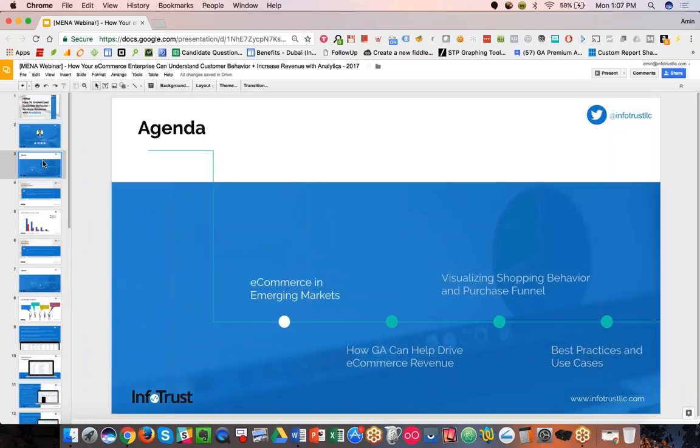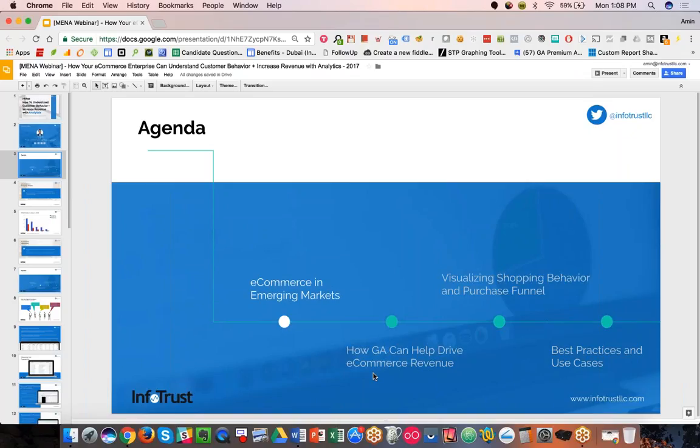As far as the agenda for today, we're going to go through a few areas here. Very brief overview on e-commerce and emerging markets from some quick research I put together just to frame the opportunity for businesses. Then we're going to talk about how Google Analytics specifically can drive some e-commerce revenue, or better understanding into how to increase revenue, or what to look at, what to think about, what type of questions to be asking, and what type of answers you can expect once you have the analytics set up.